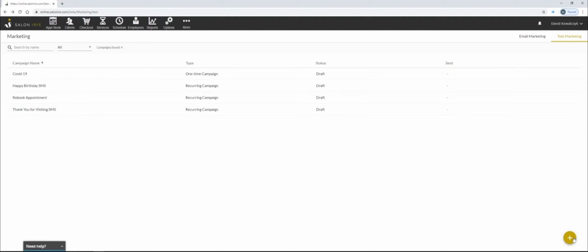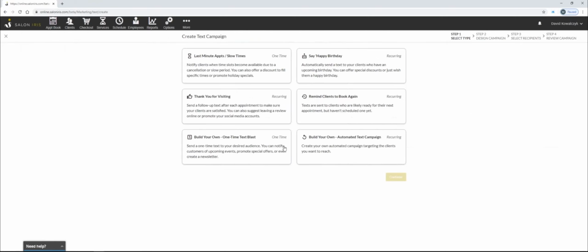a few different ones. We're going to click the plus sign. Let's just craft one together real quickly here. So if I do click the plus sign, from here, we do have last minute appointments, slow times. So this is really trying to be an appointment filler tool during a time where you might be slower, which I'm sure we're not going to be that slow come the end of the month when things tend to open back up and we're all off